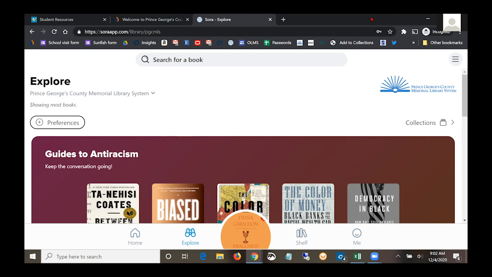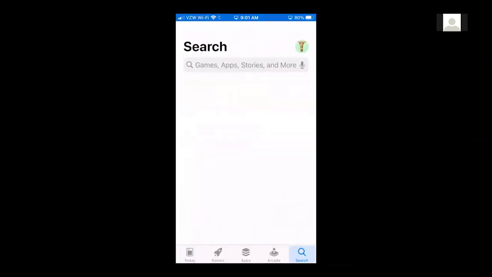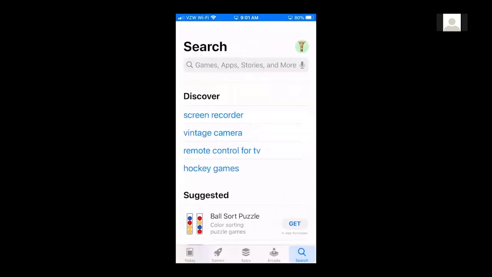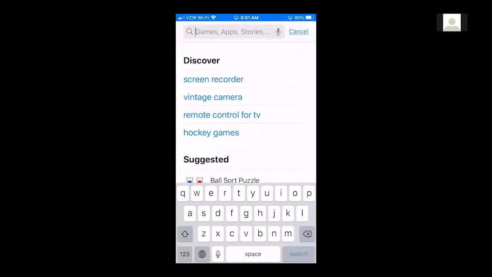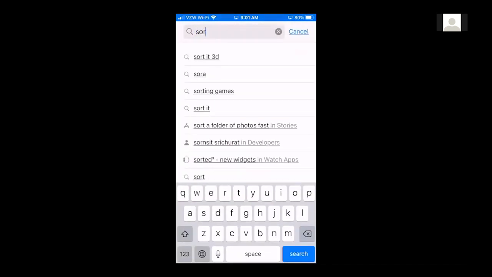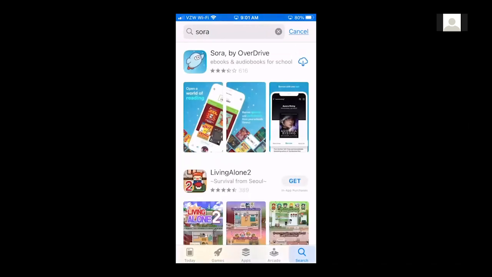Another great tool that Sora has is it has a great app. So I'm going to show you this. So you are now seeing my phone. Under the App Store, you will search Sora. You will download it,